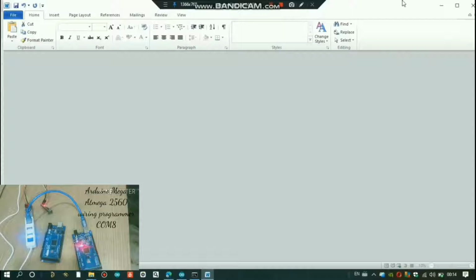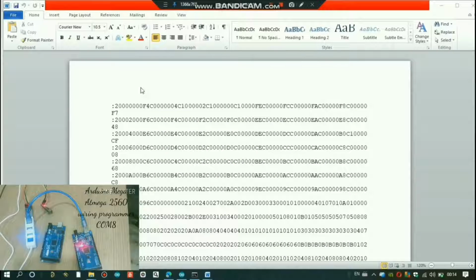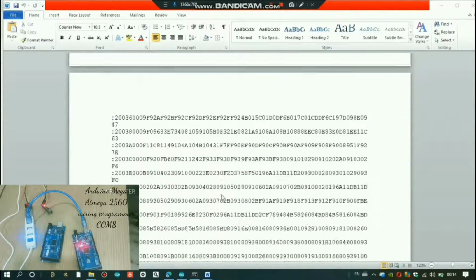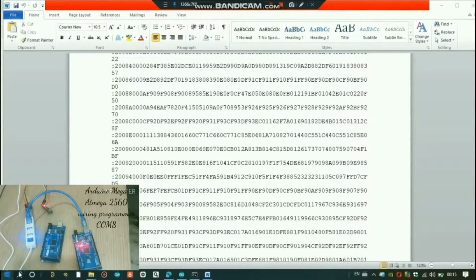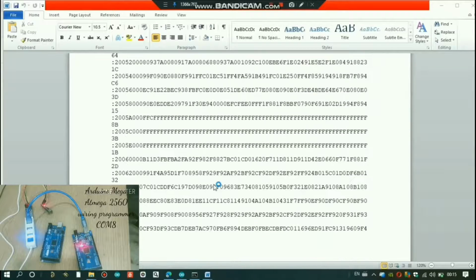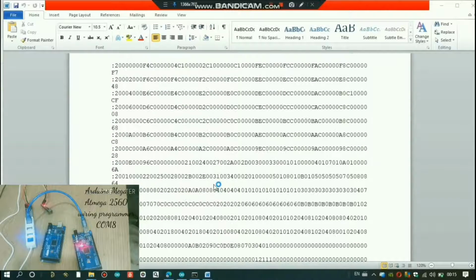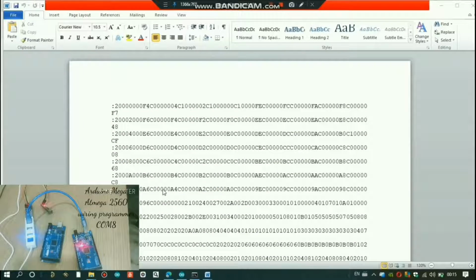Okay. Yeah, so when it opens, you can see all these are the hex codes. Now you can see its pages are increasing from 200, it's more than 8,000 words. So that is the exact code, in hexadecimal, which you have written for a blink sketch only on a microcontroller. It's 8,100 words, and its pages are 303. So you can imagine.